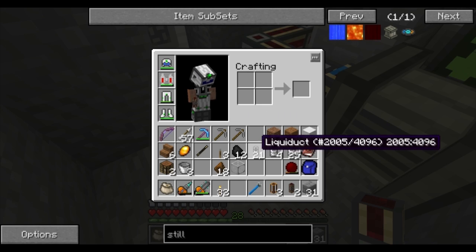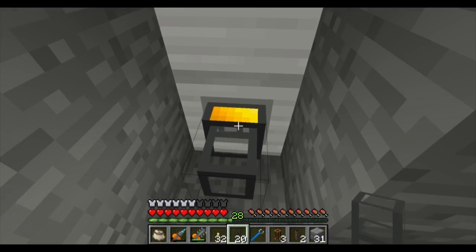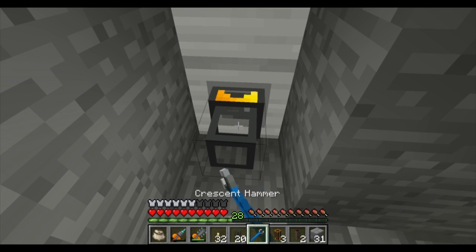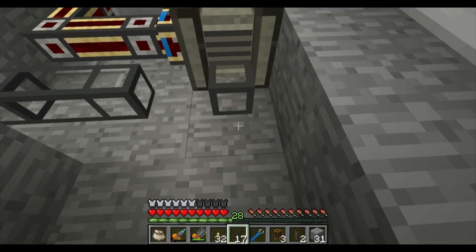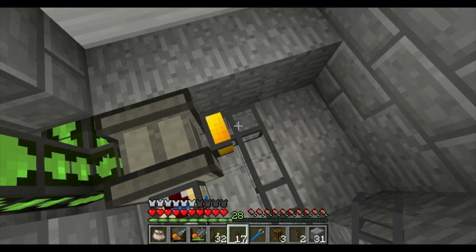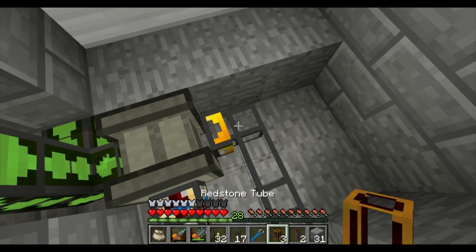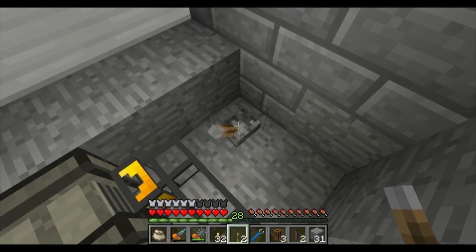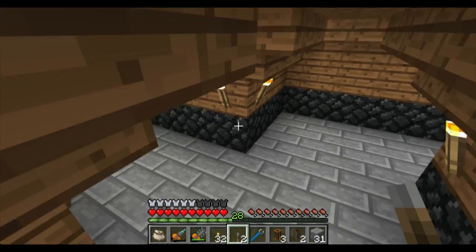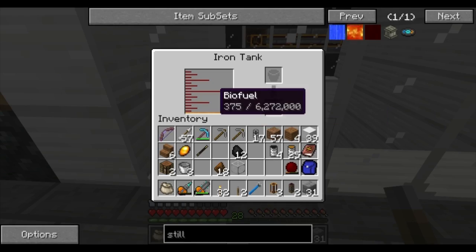Let me go ahead and set up my liquid ducts here. Then attach it to this. There we go. That's correct. To here, to here, and to there. Okay. Whack that with a wrench. And I think I'm going to need a lever so that it pumps out properly. Let me put that right here. Aha! So, there...